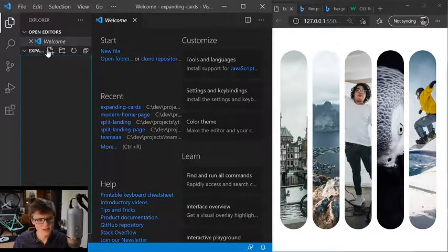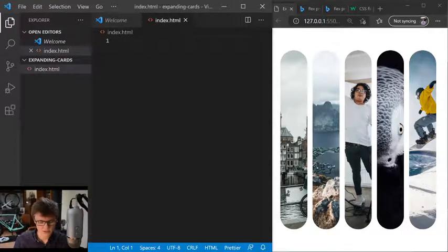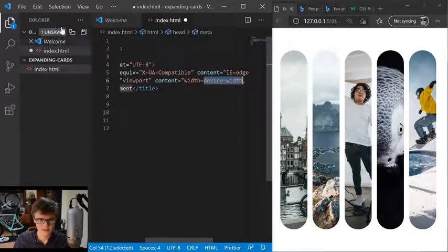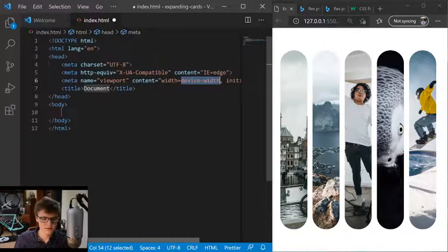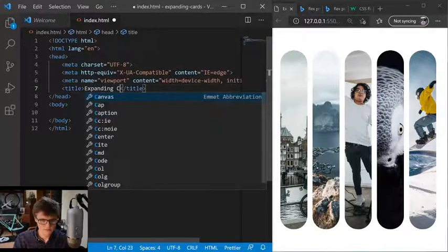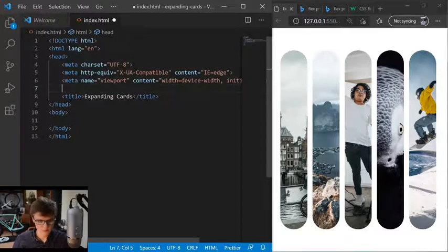So let's jump into VS Code and we'll just make an index.html. So we're going to use a little bit of JavaScript, but it's only 3-4 lines, so we'll write it inside our HTML file today. So first of all, let's call this just expanding cards, and we'll have a link. We'll make a separate style sheet. So link to our